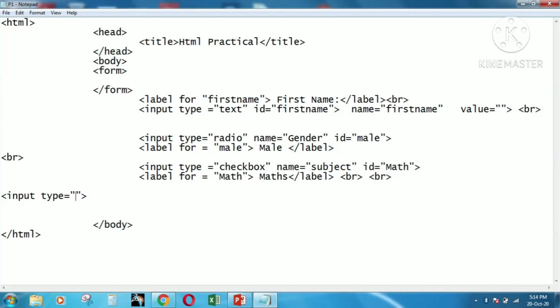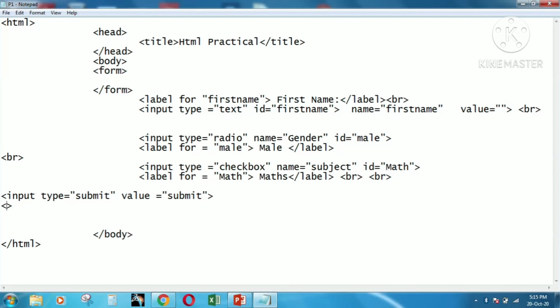So we are also using here a submit button. You have seen whenever you are filling any form, there will be a submit button. So how is it inserted? It's like input type is equals to submit, it's predefined.